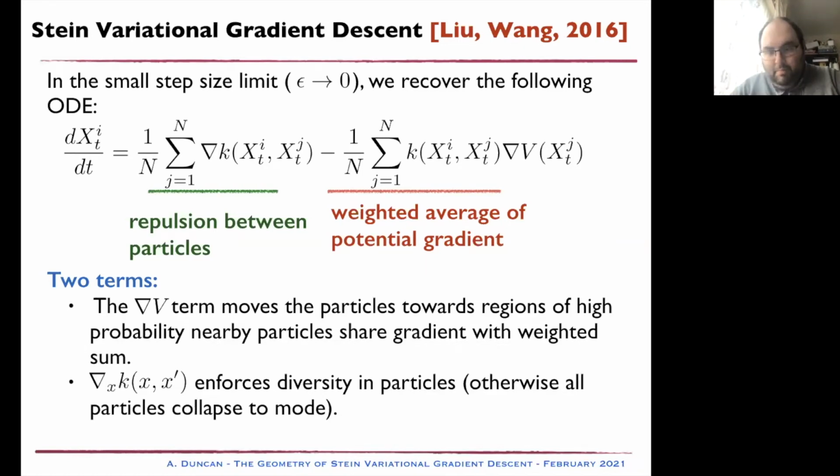And so by doing so, you obtain this system here of coupled ordinary differential equations. And for each particle, you get this ODE, which has two terms. So the first term is this one here. Well, actually, let's start from the second term. So the second term here, it's basically a kernel weighted average of the